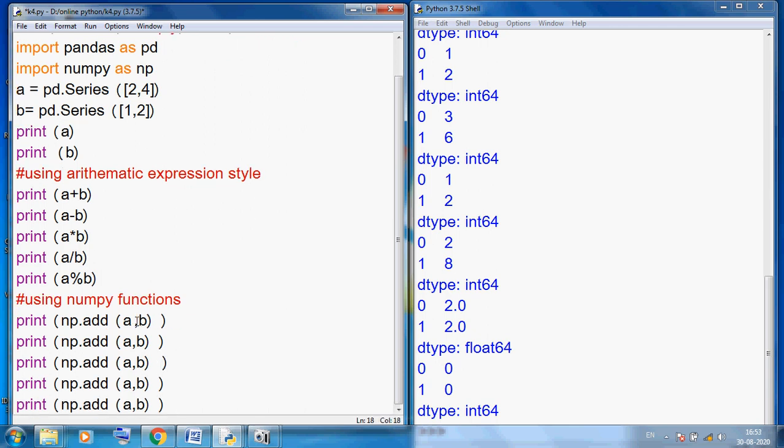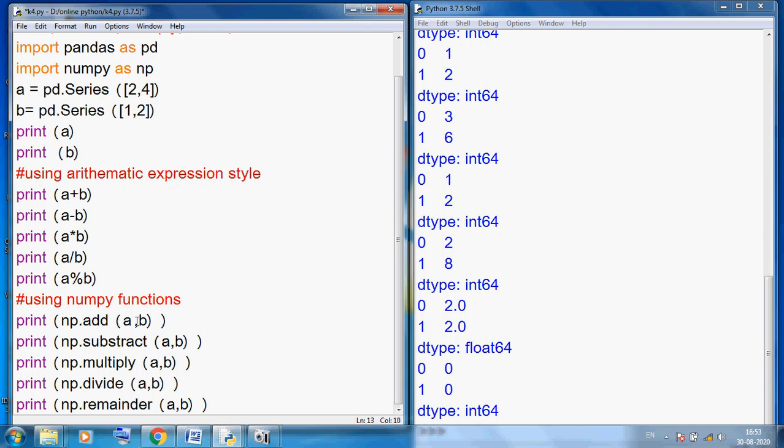Simply we can replace add with subtract, here I am writing multiply, here divide, and here remainder. So you can see the same output, but here I am using numpy functions: numpy add, subtract, multiply, divide and remainder.